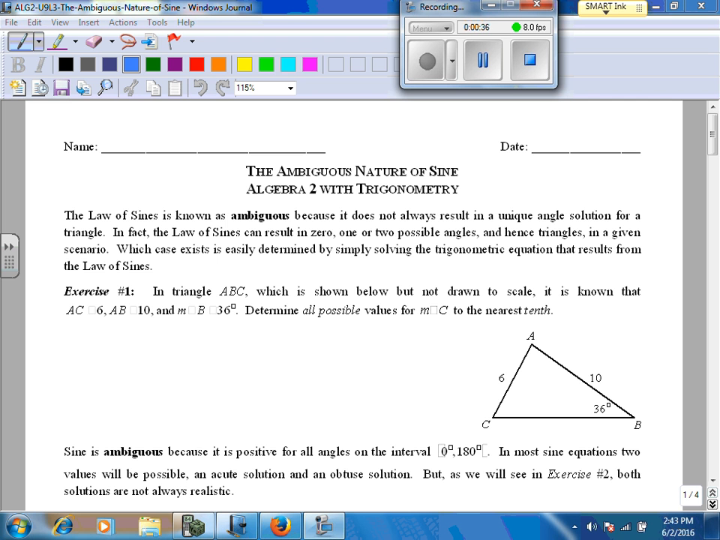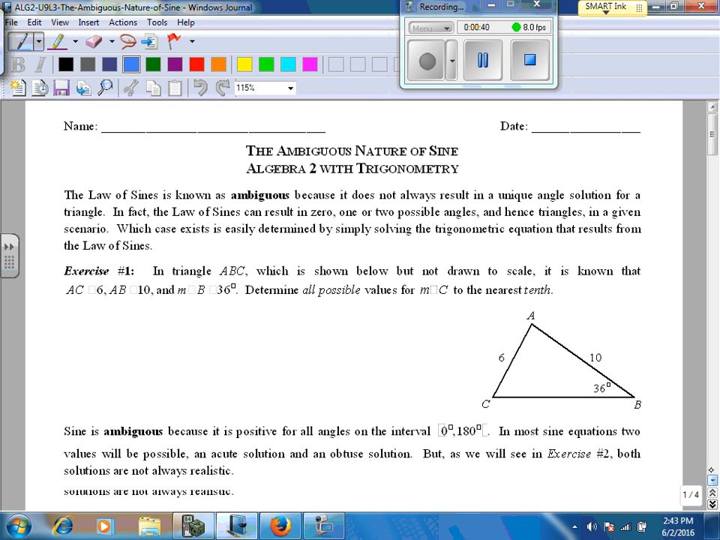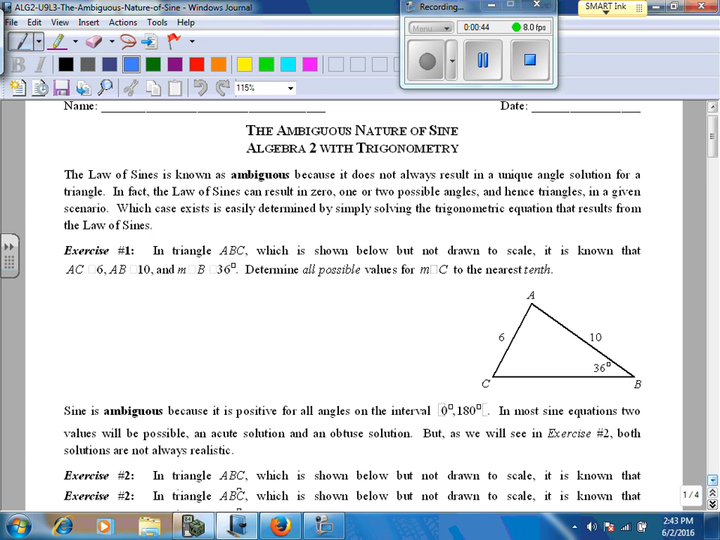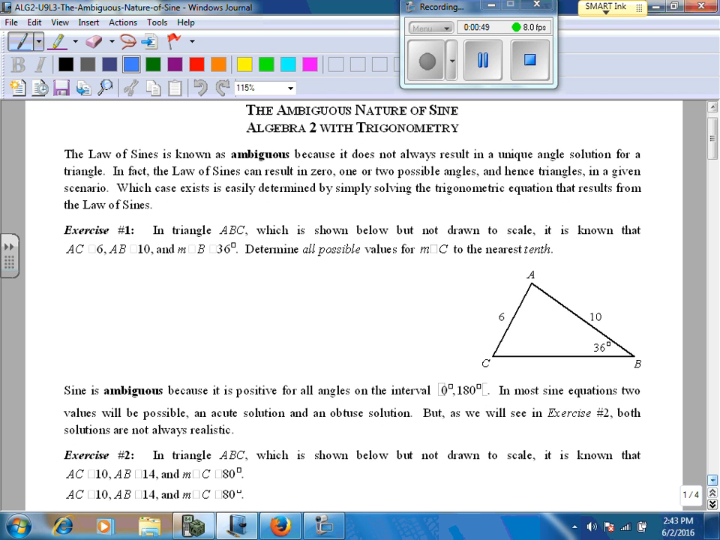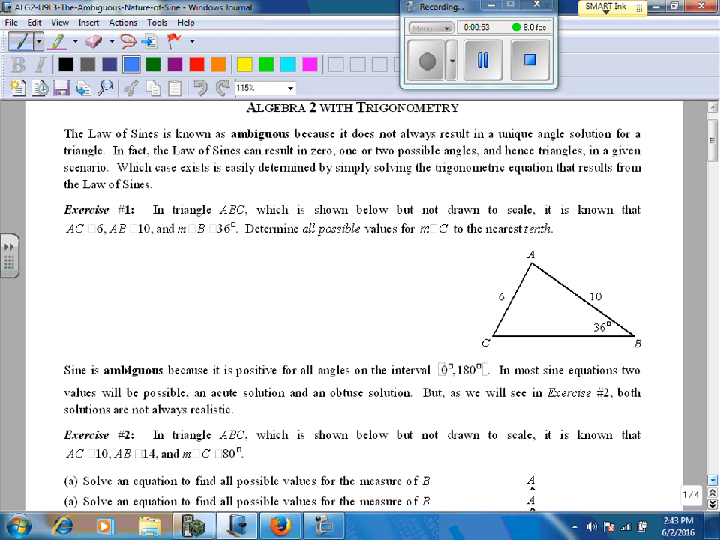So throughout this, and I just noticed my printout is all messed up, so hopefully yours looks fine, we're going to try to figure out how many triangles are possible within these situations using the law of sines. Okay, so in the first one, we are going to determine all possible values for the measure of